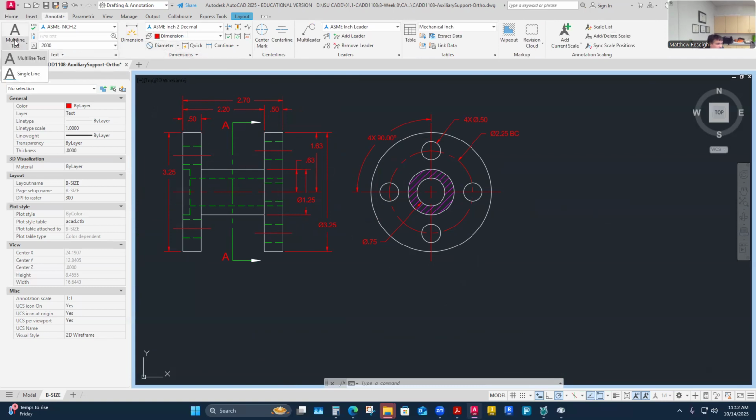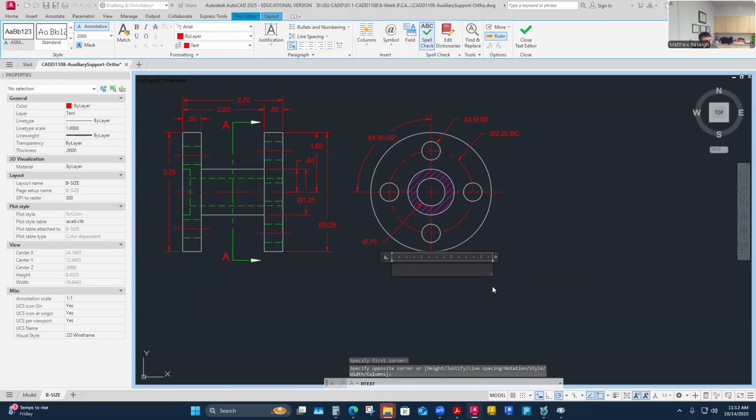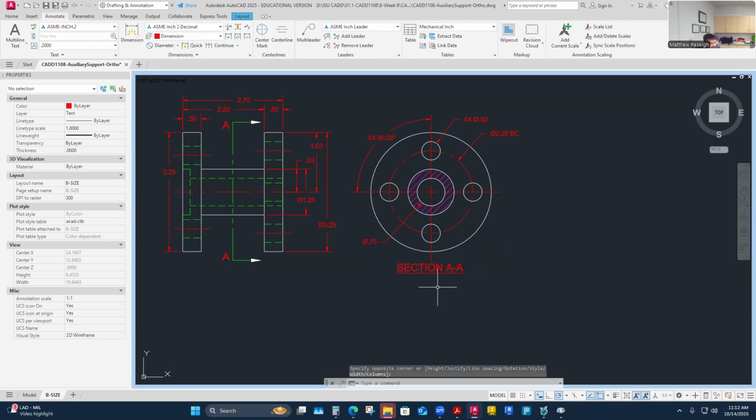So I'm going to pick another multi-line text using the same double size font, and it's going to be down here as a title. Sometimes these become underlined, but I'll just keep them not underlined. So this is section A dash A is how I'd read that. A dash A, and maybe I'll center justify that text. And I don't need it too much wider than that. But there is an argument that sometimes I will actually take these and underline them, which I have the option to do. Maybe I'll do that on this one. We didn't do it the last time we did a section, and I think that's a more complete view